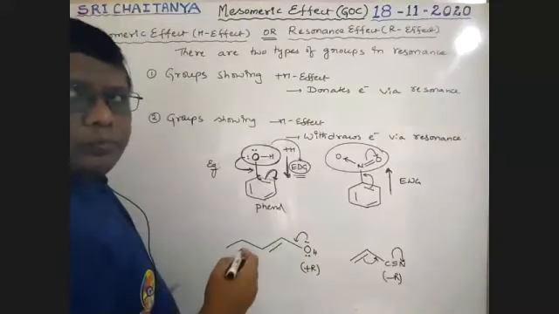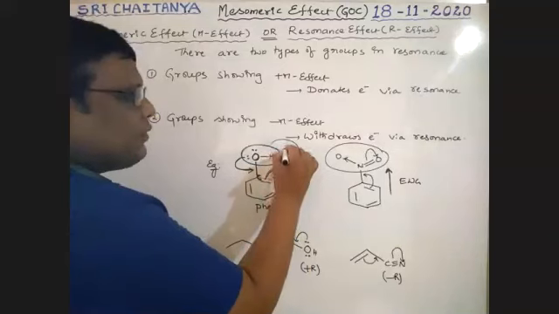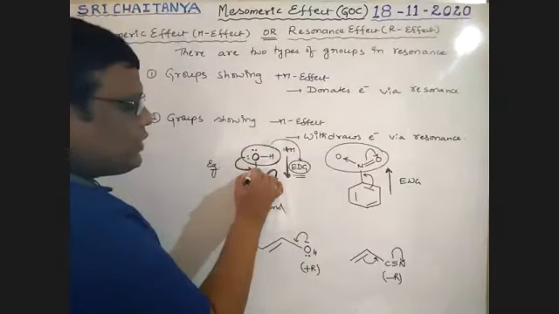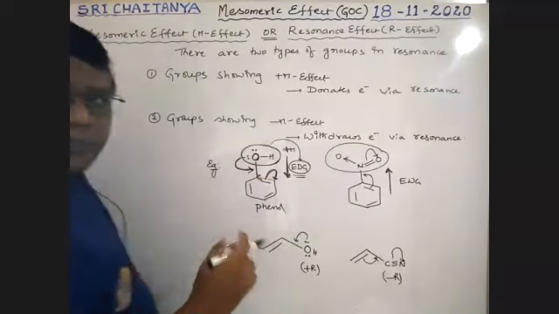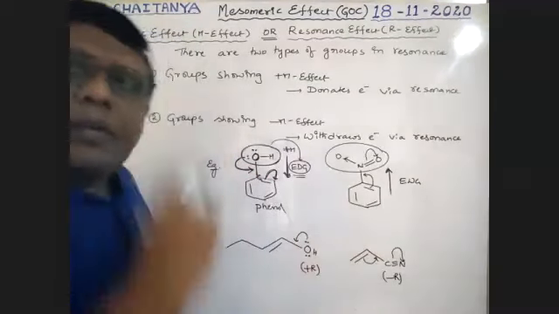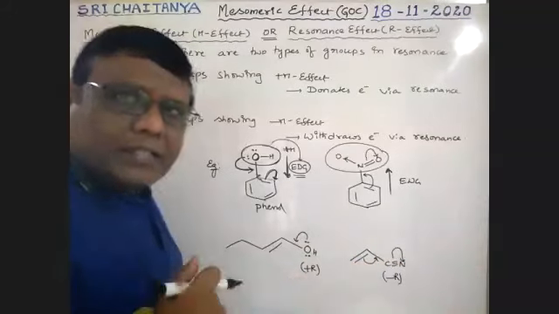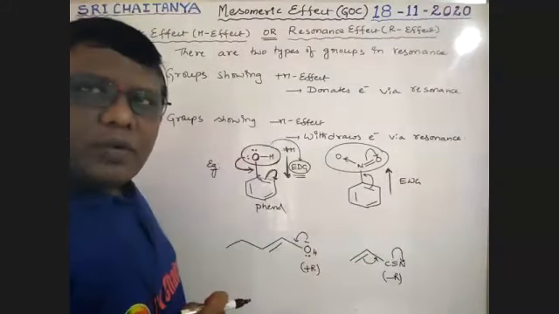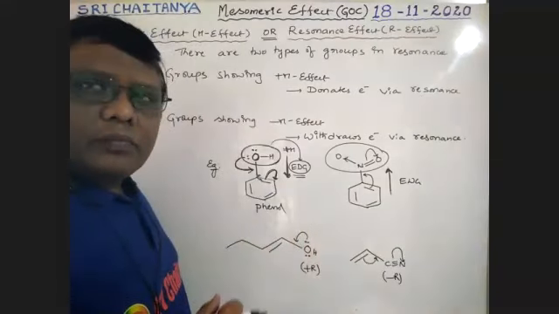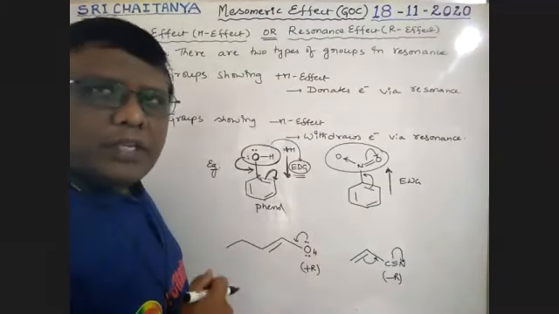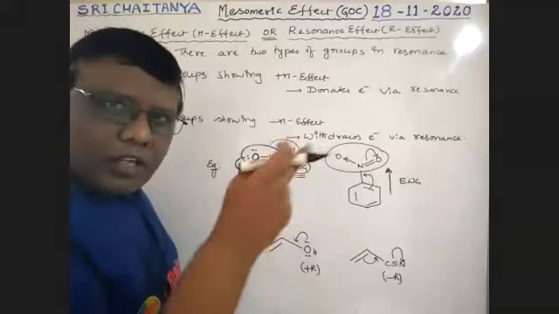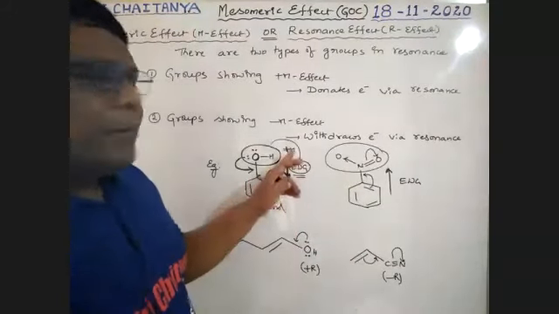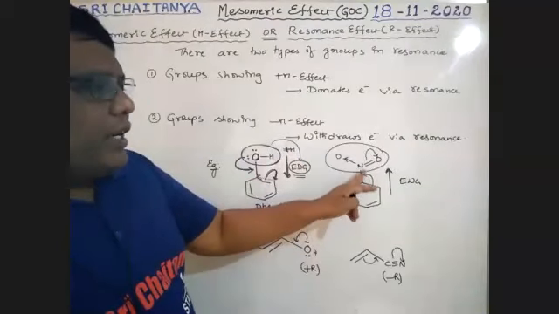That donating group creates plus. Why is it called plus, sir? Because here the electron pair first starts towards carbon. The electron pair donates to carbon. Towards carbon is plus, away from carbon is minus. Towards carbon is the first condition, that means towards the benzene ring. So if electrons migrate towards the benzene ring, that is plus M, and away from the benzene ring is minus M.